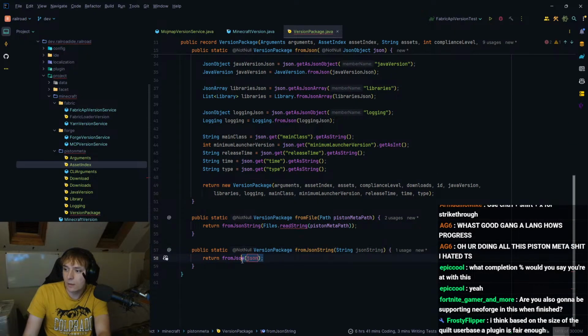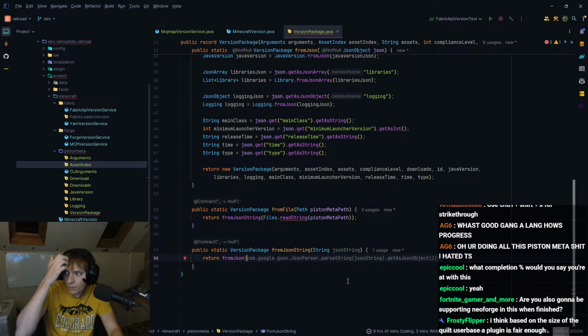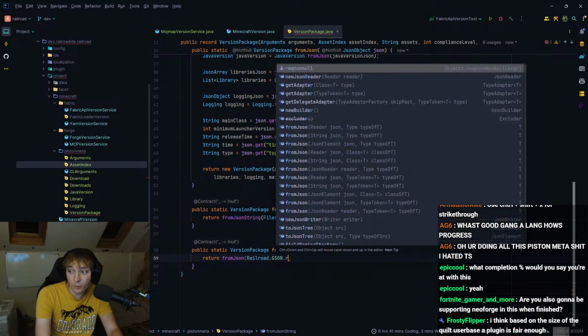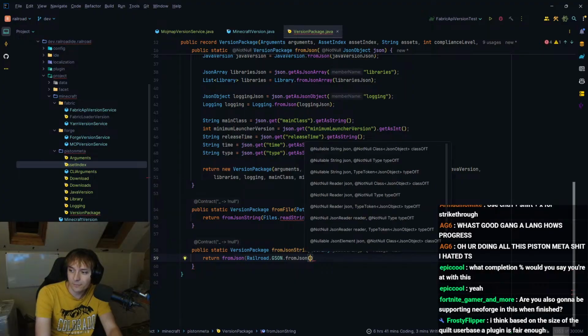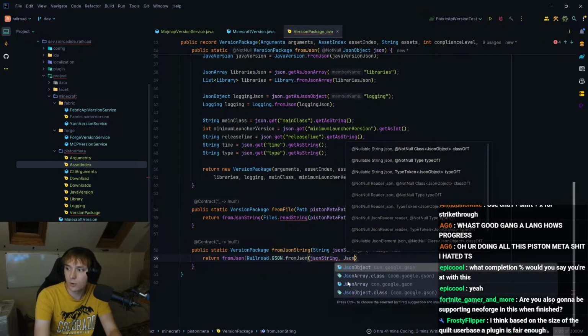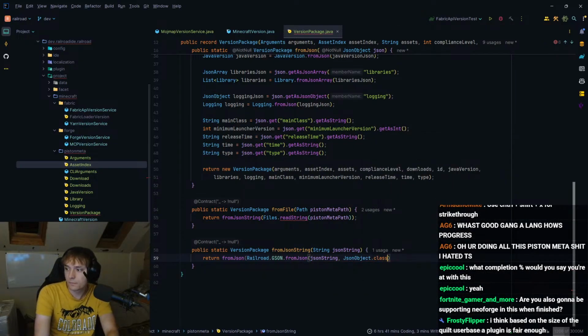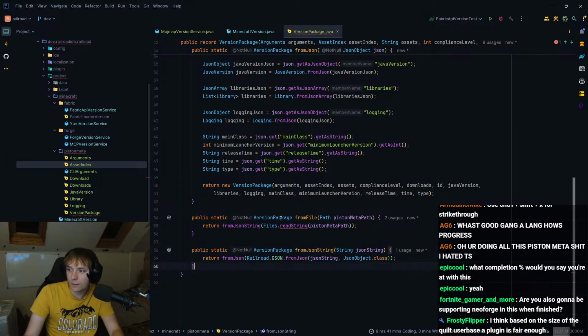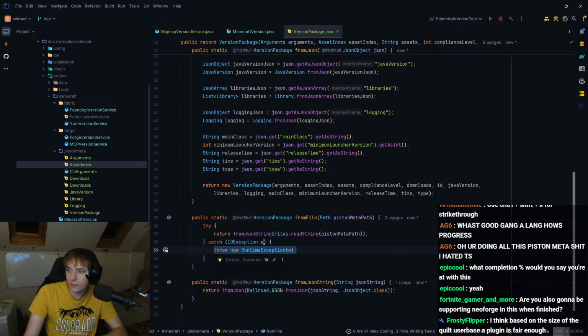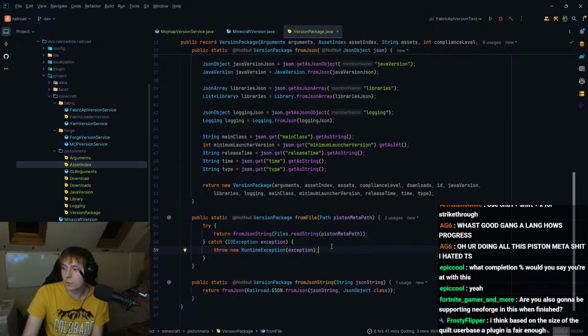This just needs to be railroad.json. Is it from or is it to? From, I think it's from. Yes, I'm gonna say yes. And then JSON object class. Yes, it is that one. Just need another bracket. This is complaining because we need a try catch, so we will surround it with a try catch. Exception. Do we want to throw an exception or do we want to?